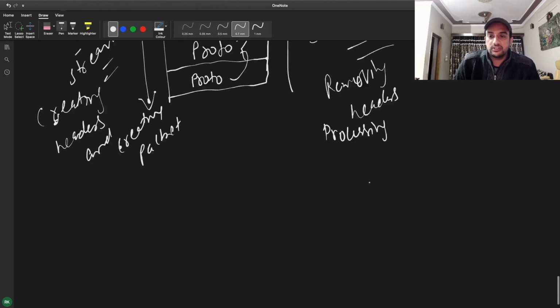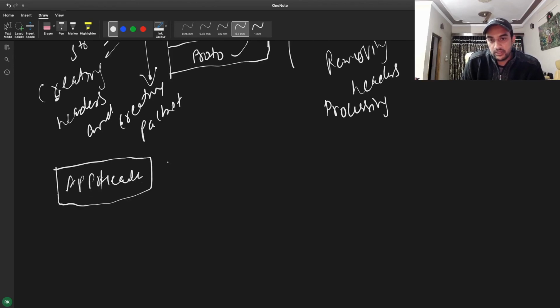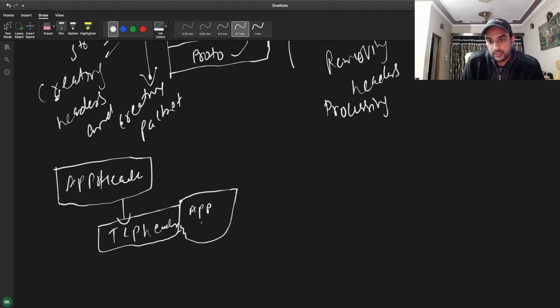So how does it basically look like? In the case of creating the packet, we will have, for example, an application header. Then we will send that packet down, and TCP will append its TCP header. So the application header will be encapsulated, we can say, because it will be hidden.